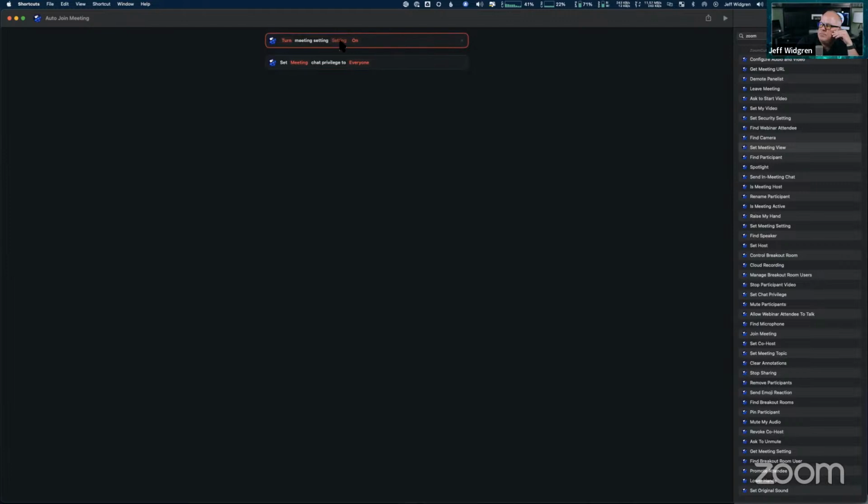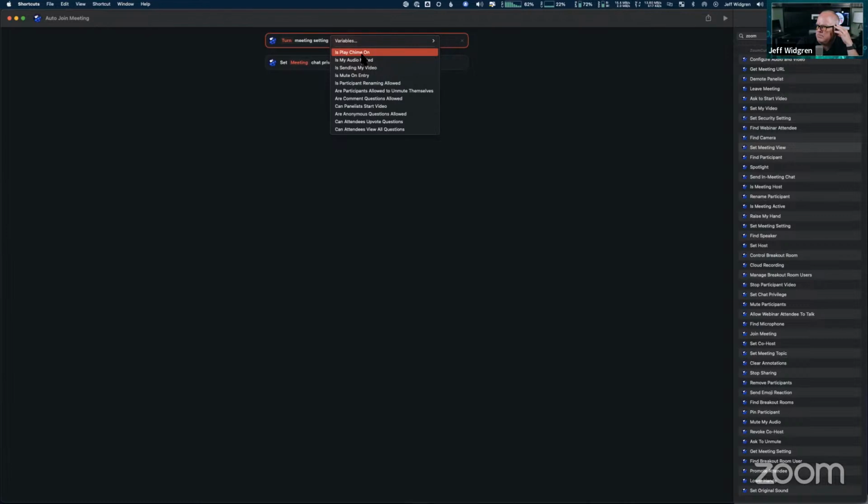Right now it defaults to turn versus toggle, so that's a bit more explicit. So turn a meeting setting on or off is really what it's all about. On or off is an option if you click on it, and then the setting has a lot of options there. So is this one I asked about as well.